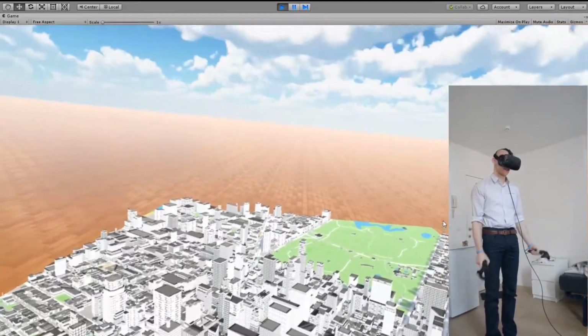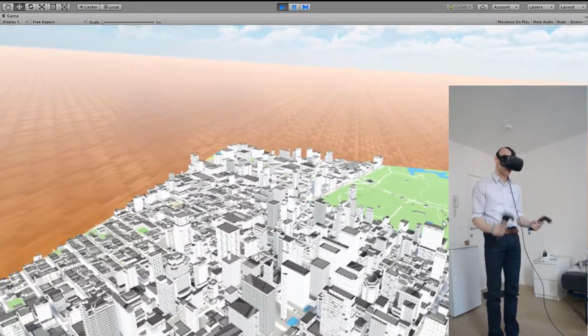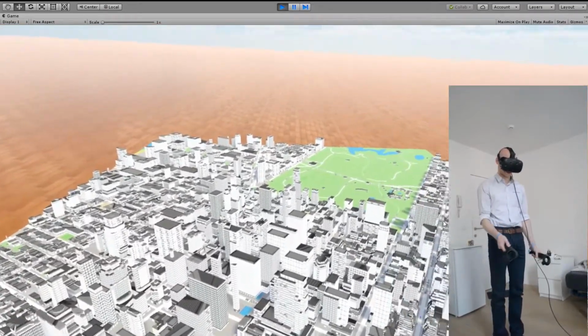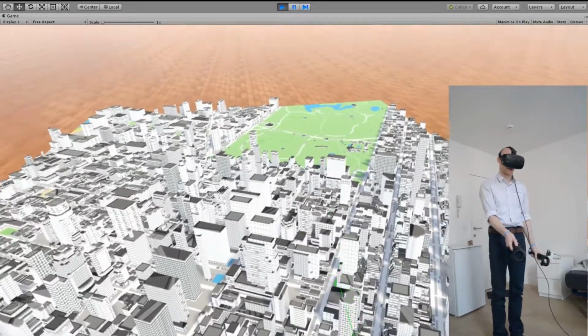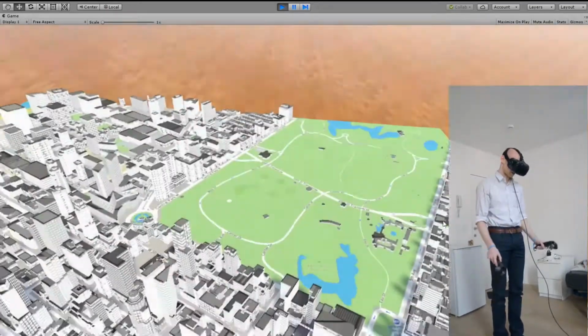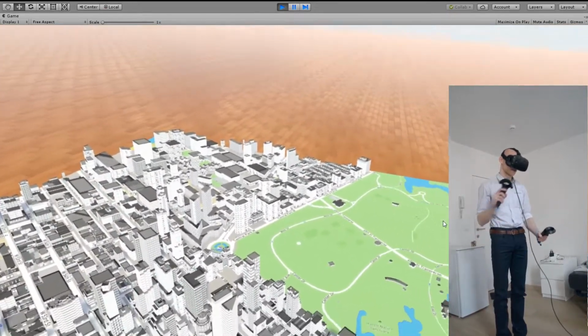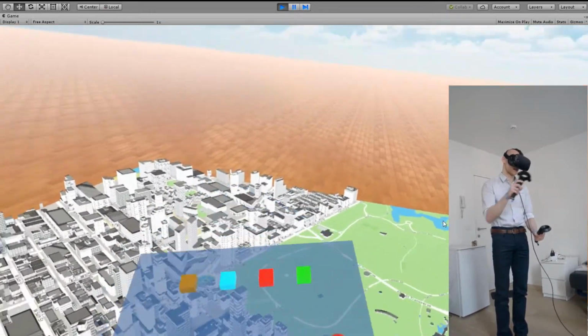So this is a demonstration of the VR application. In front of me I can see New York. I can now teleport by pointing to a place. And if I want to see, for example, where traffic is the most dense, I can activate the traffic layer